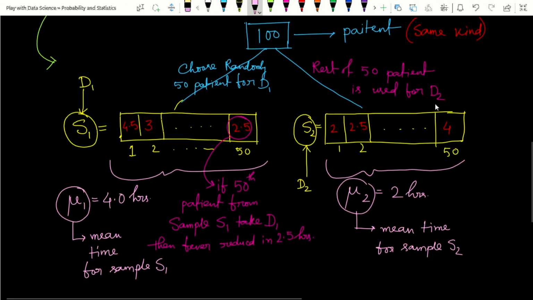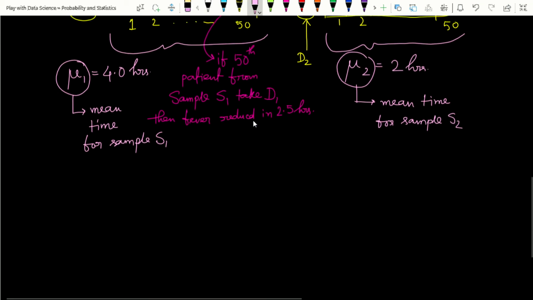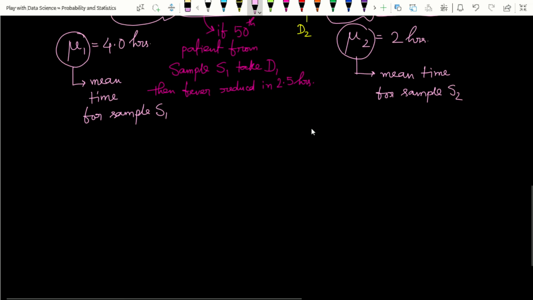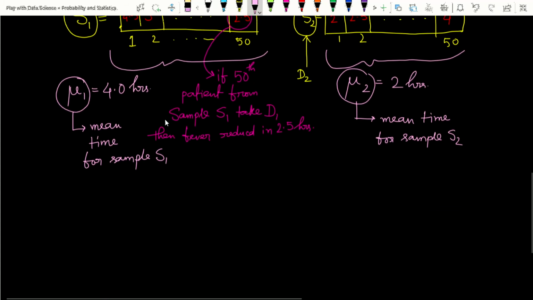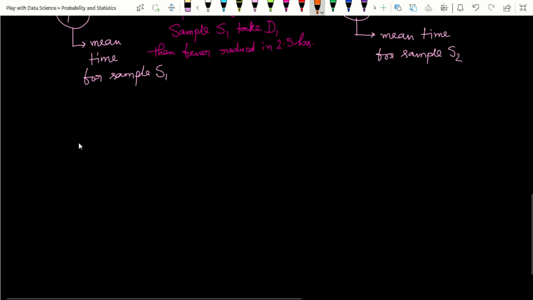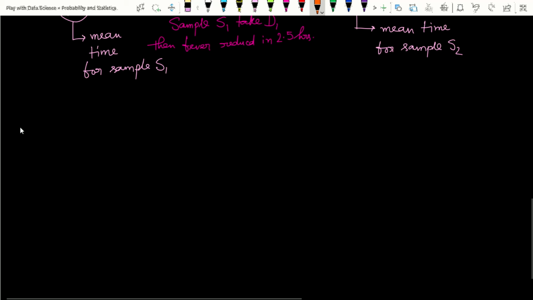Here we will apply drug D2, and here we will apply drug D1. This is the first experiment that we have to make. After calculating the means, which are actually the observed values, we have to make some hypothesis test. We have to design test statistics. In the hypothesis